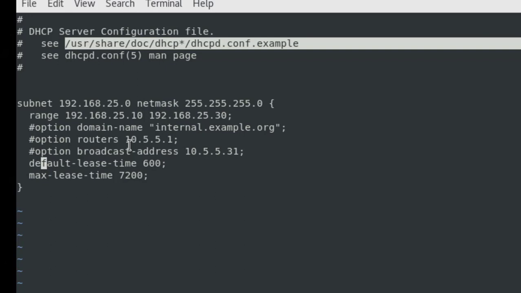This is the default lease time given to every machine. It can be the default 600 and 7200, and I thought of changing it to 1000, but fine, I'll just keep it at 600. So this is the basic setup we need to do in this file.